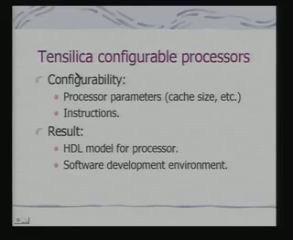We are looking at an example, say Tensilica configurable processors. So you can actually configure the processor parameters. This is again an example of a soft core kind of scenario. So effectively you can configure processor parameters, and as you configure processor parameters, you can also design the instructions for the processor. Now the result you get is an HDL model for the processor, a hardware description language model, which can be in VHDL, and you actually need a software development environment. If you do not have a software development environment,